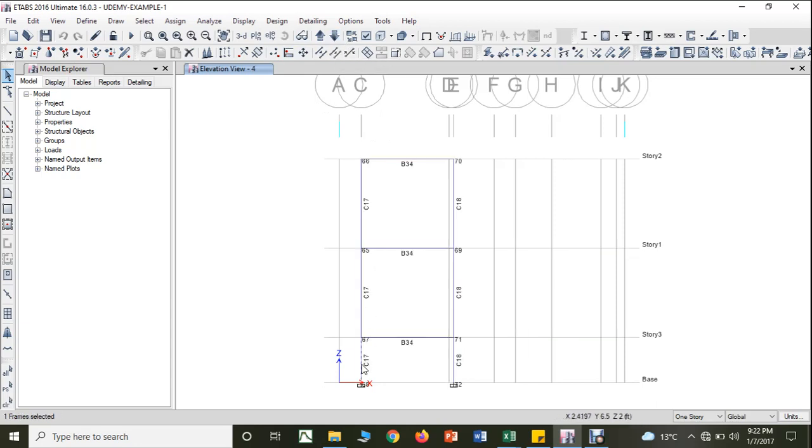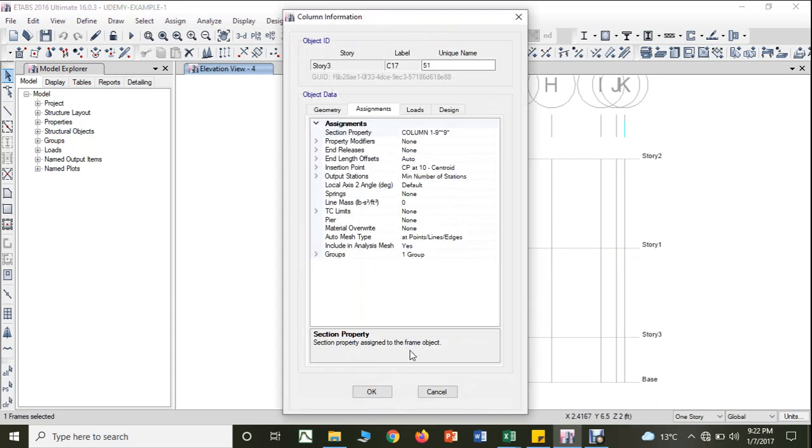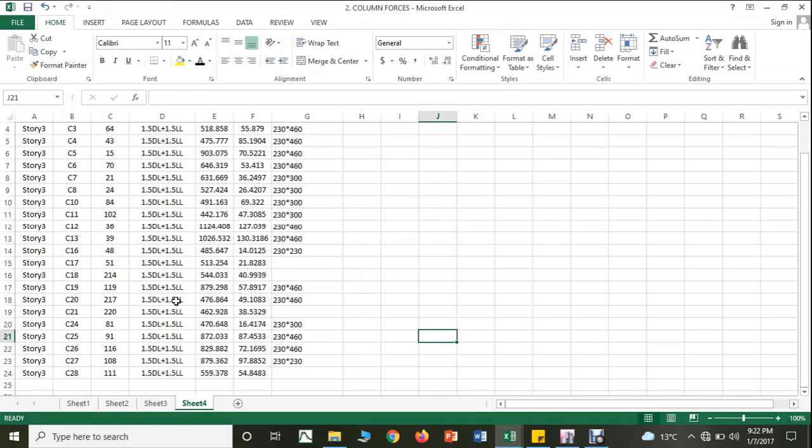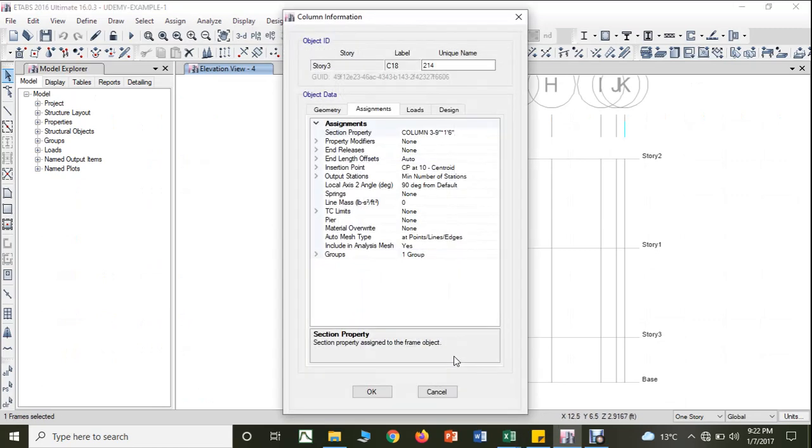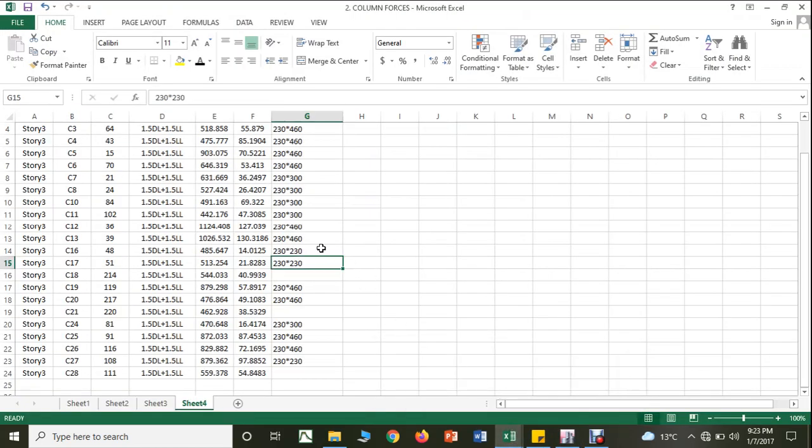So then next you have column 17. Column 17 is 9 inch into 9 inch. Column 17, it is 9 inch into 9 inch. Okay, yes, this is column 17. Column 18, it is 9 inch into 1 feet 6 inch. That is column 18. Okay, that is this value,